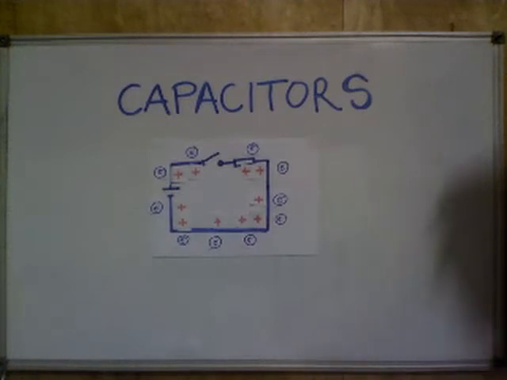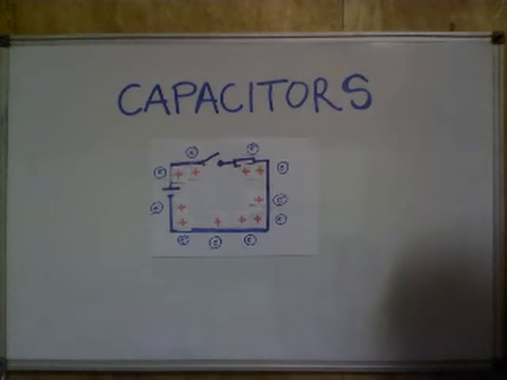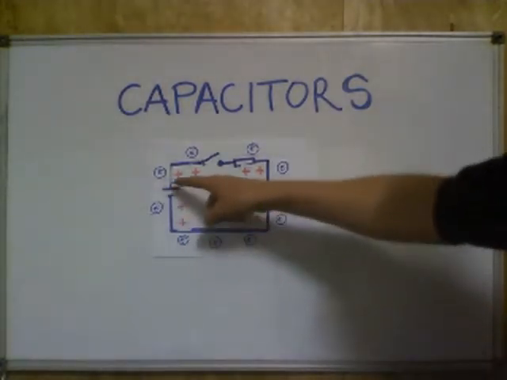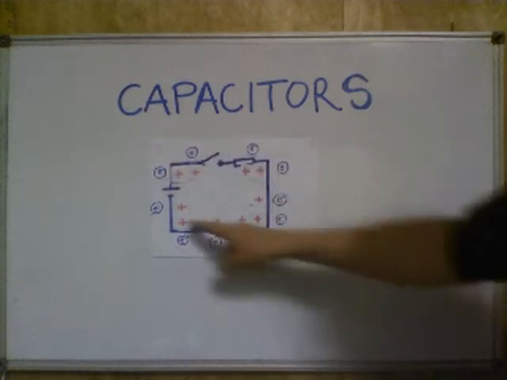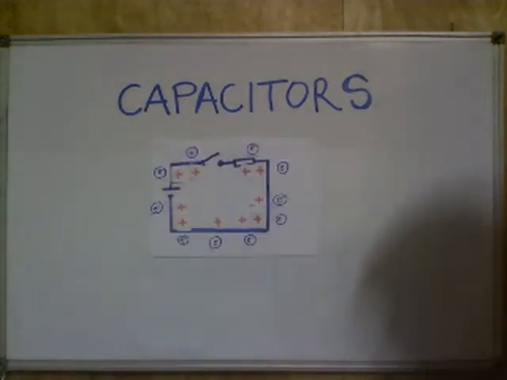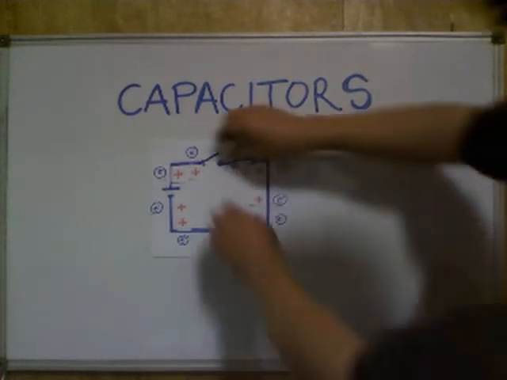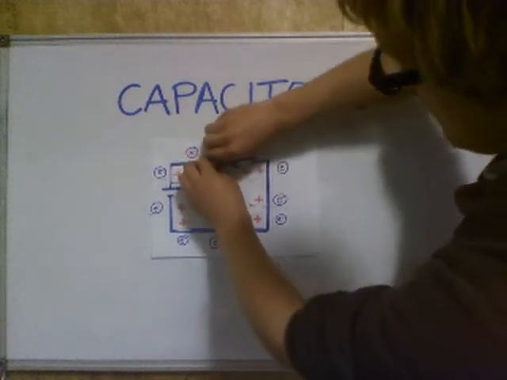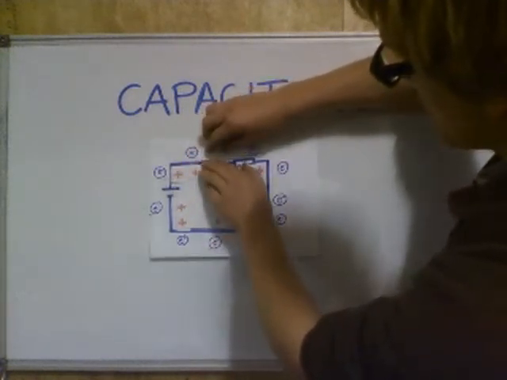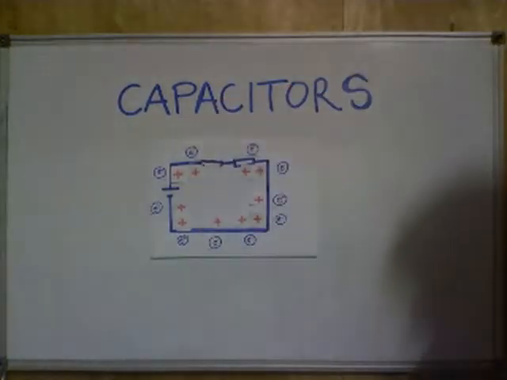So what happens in this circuit when we close the switch? Well, let's just consider we've got positive side of the battery, negative side of the battery. Conventional current will flow from positive to negative, and therefore electron current must flow in this direction. So let's just see if we can see that in action. Close the switch, close this break in the circuit so there's a path for electrons to flow, and